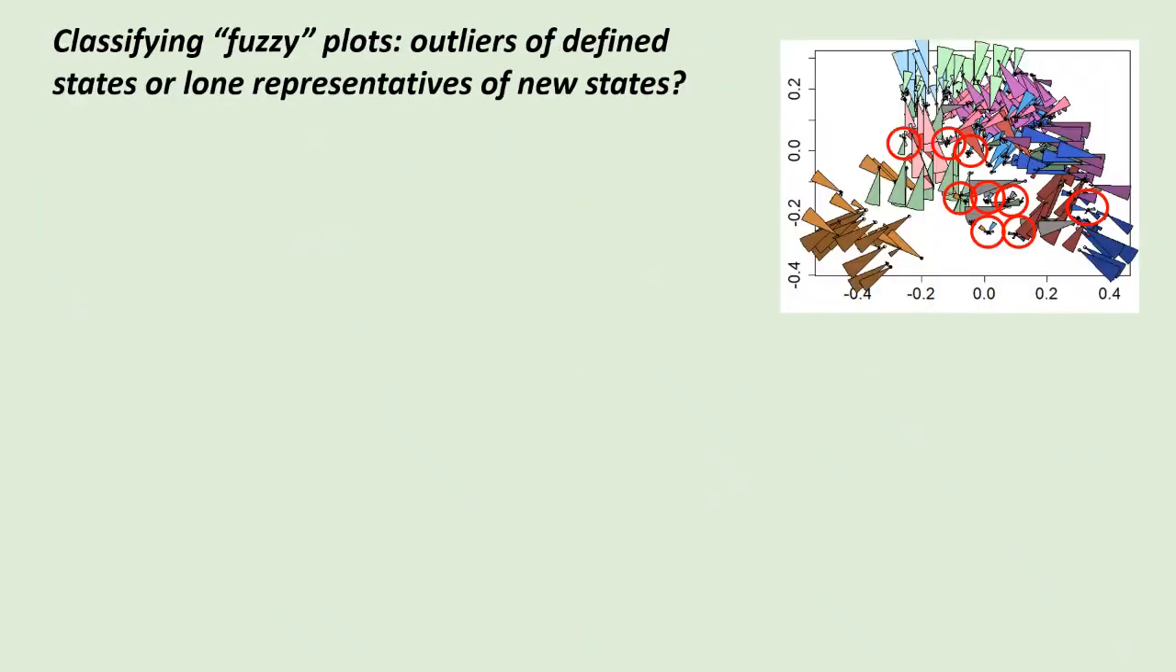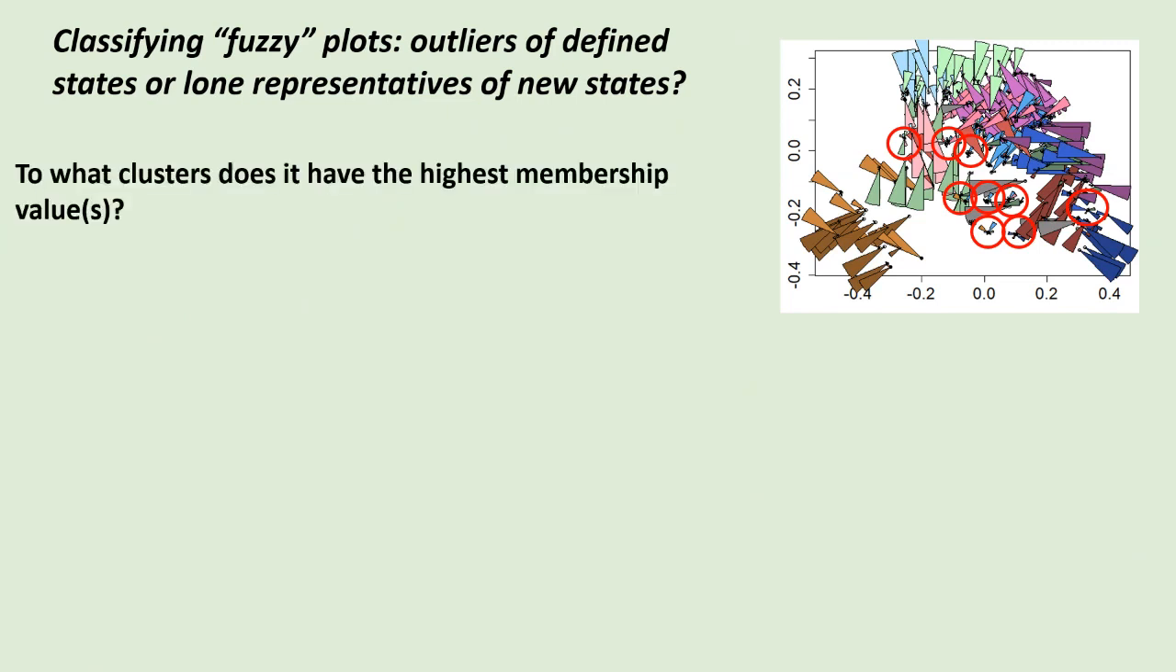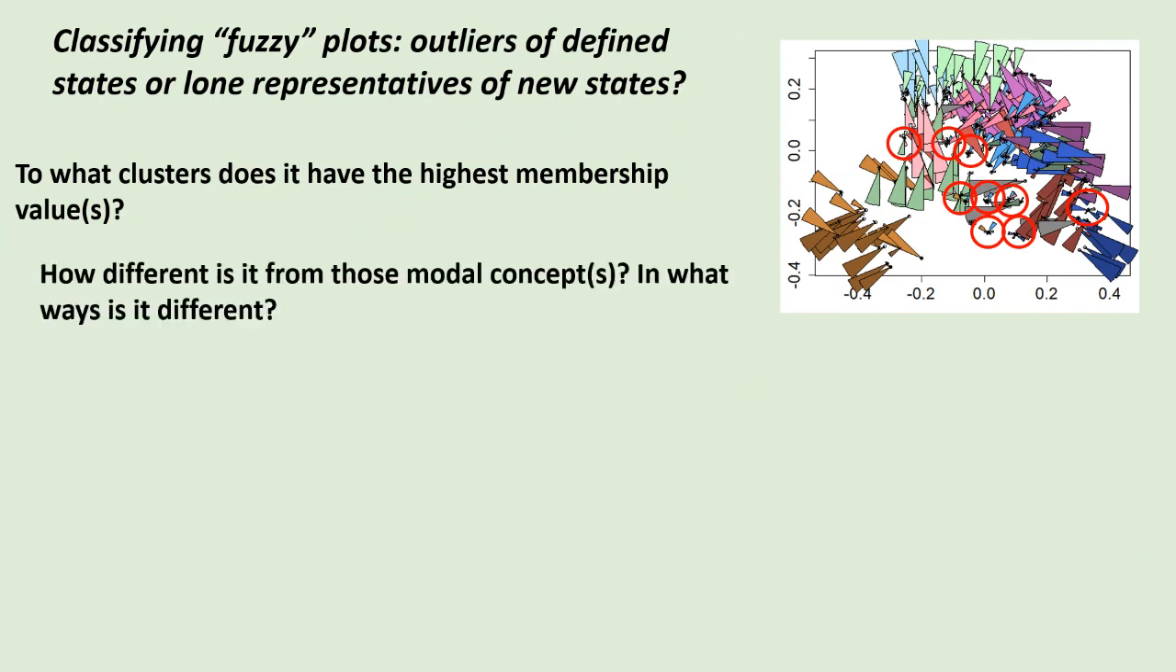And then just to come back to these fuzzy plots, now that I had my modal concepts and ecological site concepts defined, I wanted to see where these more ambiguous plots might fit in. So I reviewed them each individually. I looked at what clusters they had the highest membership value to, how it was different from those modal concepts, and in what ways,